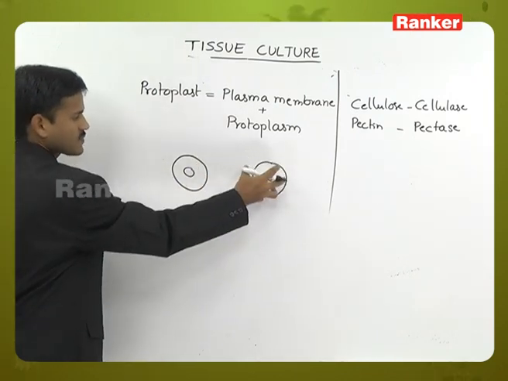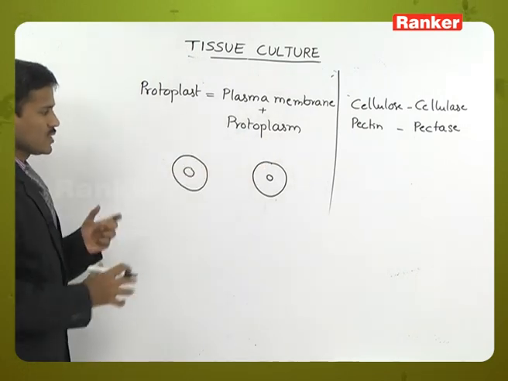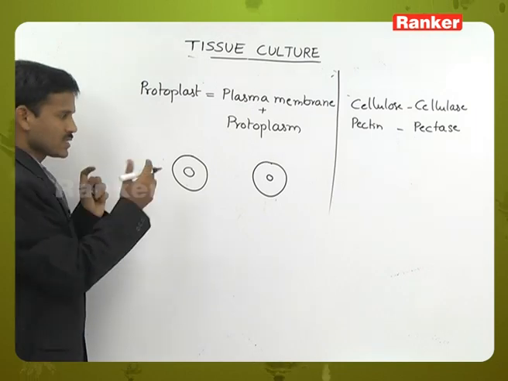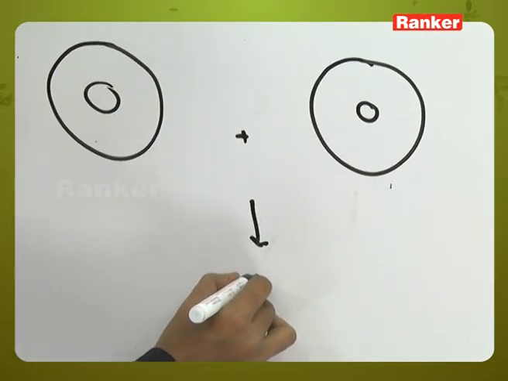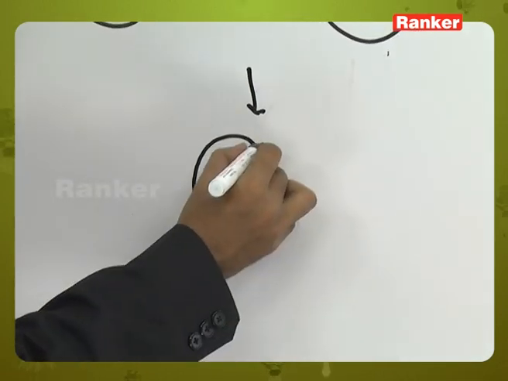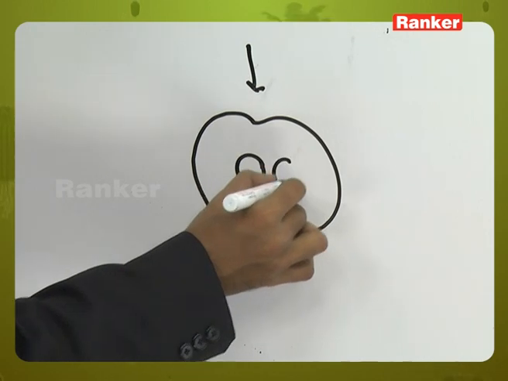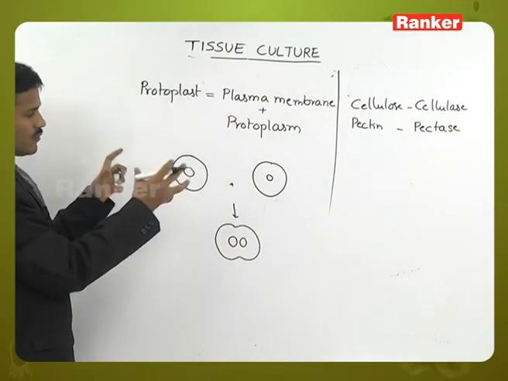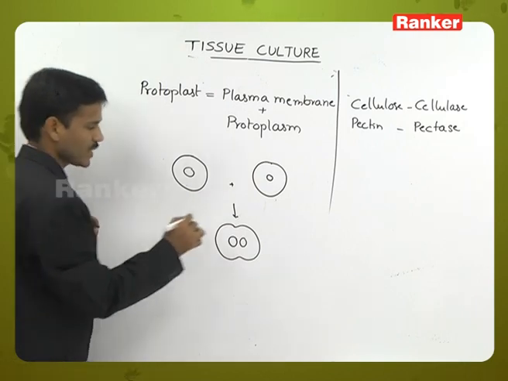The protoplast is from one plant, and this is from one other plant. So both have desirable qualities. These two are combined. When the two protoplasts are combined, it is called fusion. So the fusion is by